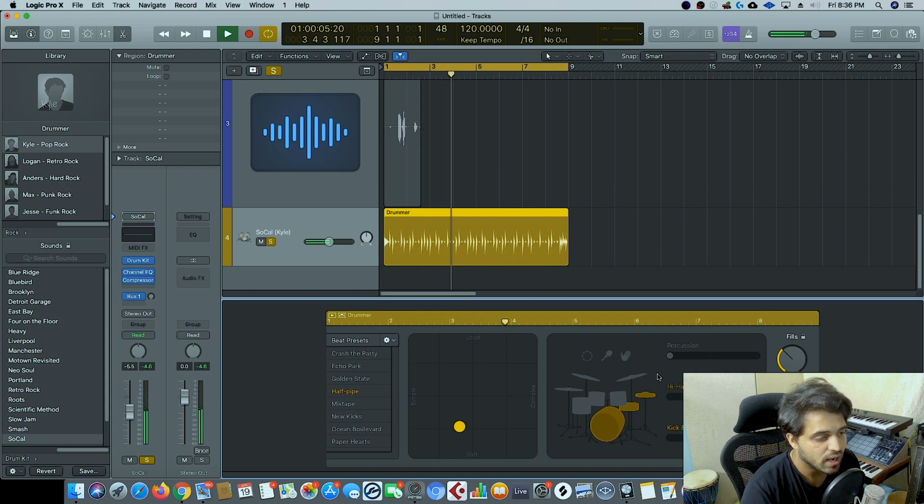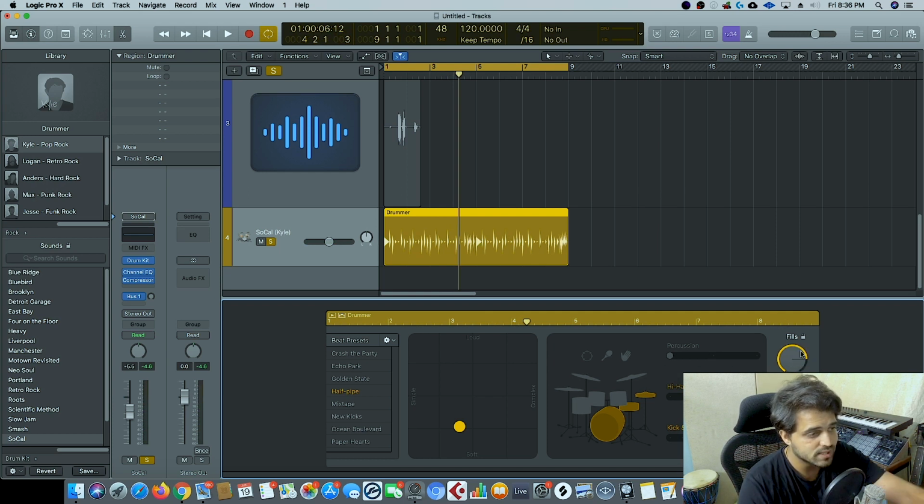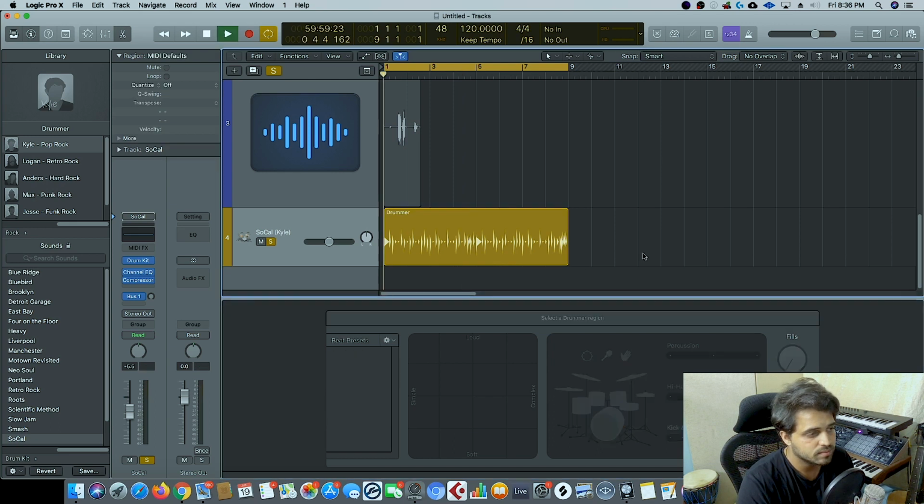Patterns keep changing, and you can control what kind of percussion you want in it, either a shaker or a tambourine or a clap. How many fills do you need? So as I increase, the number of fills go on increasing in the waveform. And if I want from a straight groove, if I want a swing groove, then I can just move the swing up and I can get it. Check this out.